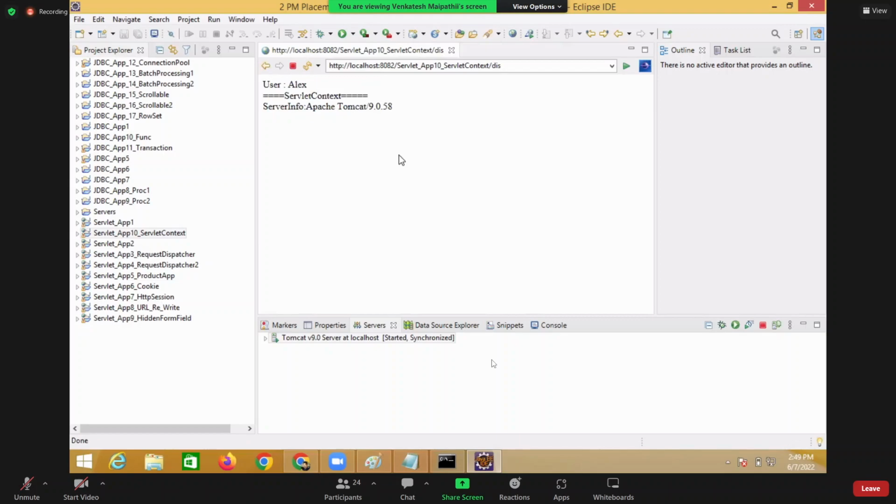The information is coming from the servlet context. At last, we are accessing some information from context. All of you understood this? Right. Now, when you go for web services,